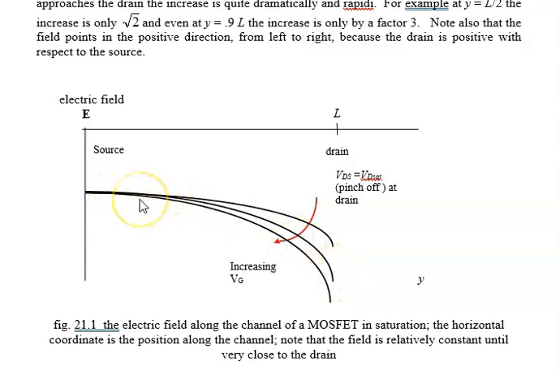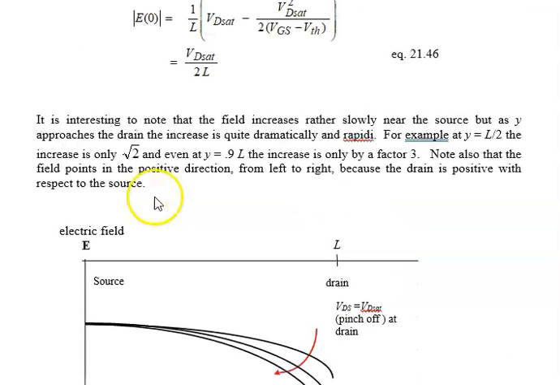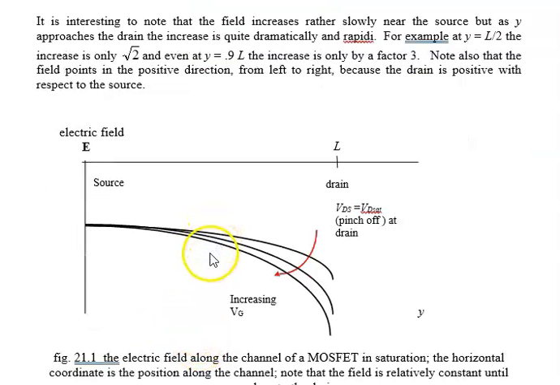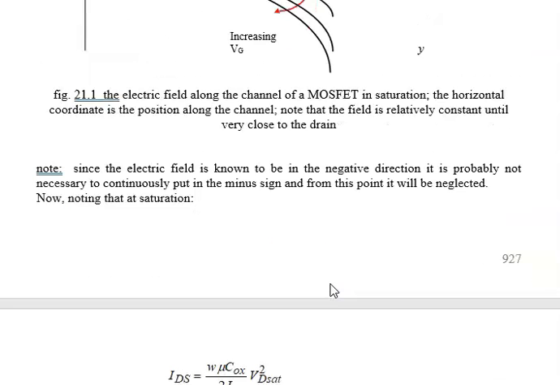And this is kind of a schematic which shows that even if we're at L over 2 right here, we're only down by about 1.4. So it's maybe a little bit more severe than I've shown it here, a little bit more tilted perhaps than I've shown it in this schematic. But the idea is the same. The magnitude doesn't really increase very much until we get very close to the drain, and then it just takes off like a bat out of hell, and it approaches infinity. So that's what we want to talk about.